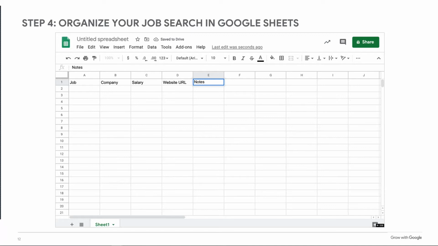So if you have a column here that's listed as resume, you can put the link from Google Drive into Google Sheets, and you have easy access to know exactly what was sent out to that employer and exactly what they've read so that you are up to date.